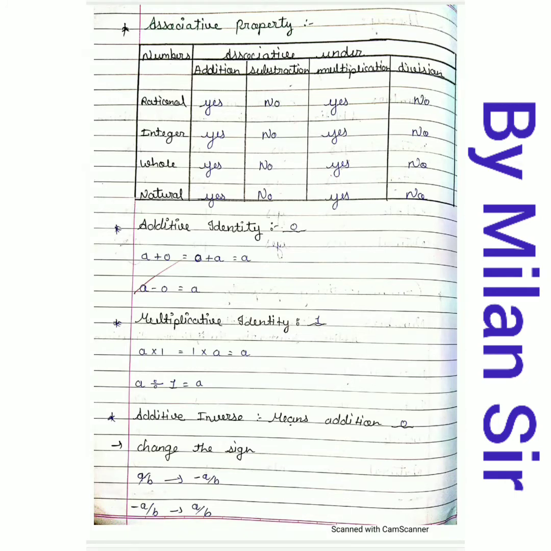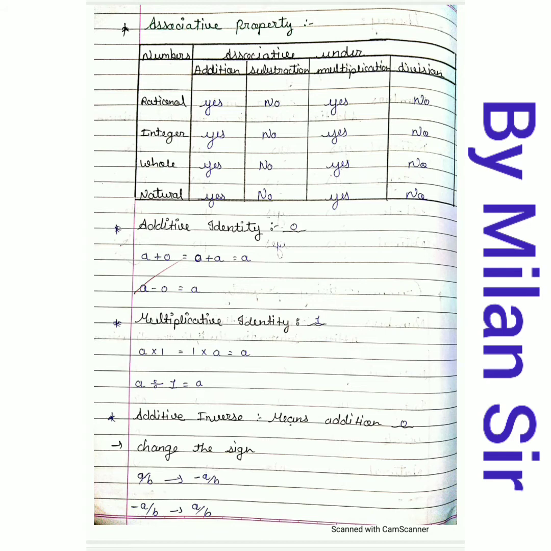In this video, I will explain additive identity, multiplicative identity, additive inverse and multiplicative inverse. So let's start with additive identity. Additive identity is 0. Additive means addition. Identity means ideal answer. Same answer for all the questions. Identity means ideal, meaning whatever question we take, we get the same answer.